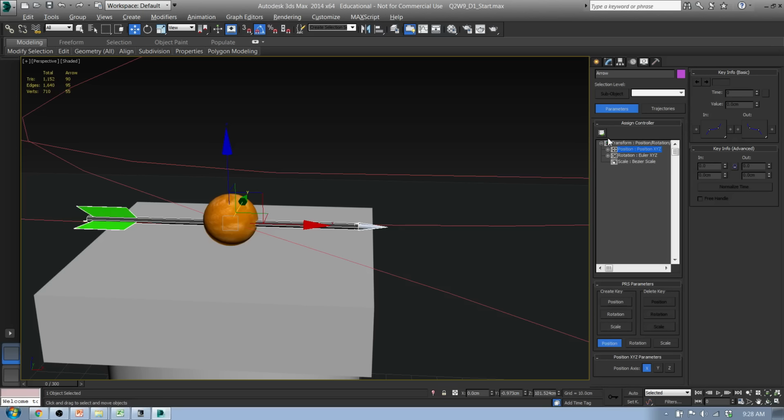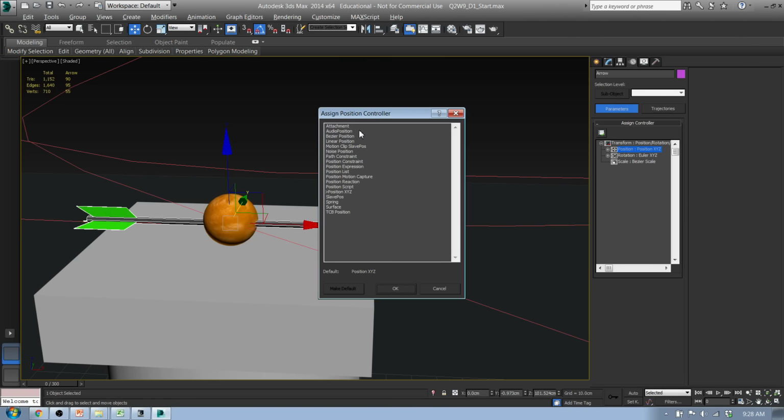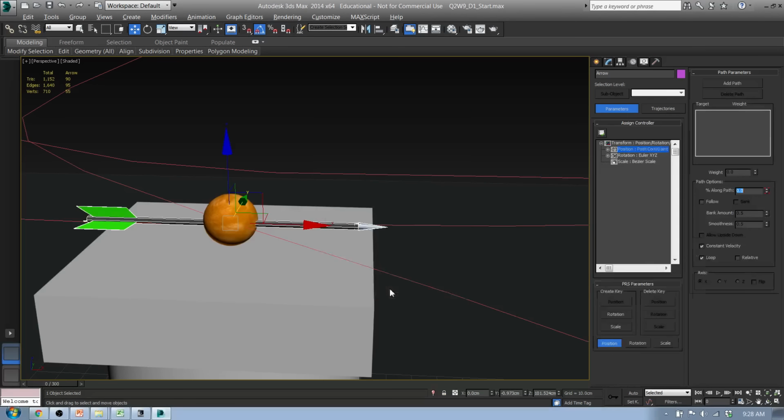So we're going to set that, and then click this little box up here which says Assign Controller. I know you can't see it, but when you hover over it, it should say Assign Controller. Click on that, and then look for Path Constraint, which is near the middle. Click on that, click OK. Now we've said, okay, we've got an arrow. Now what's my path? So I'm going to add a path, and I'm going to add this object right there,